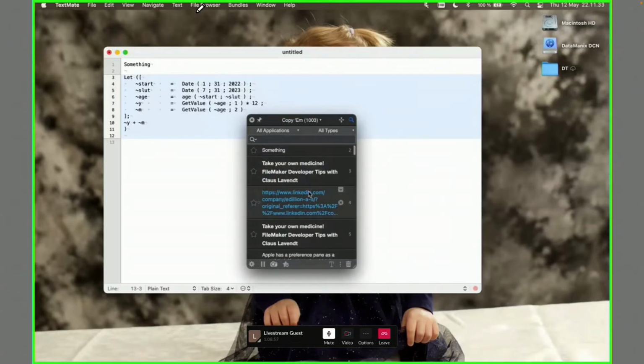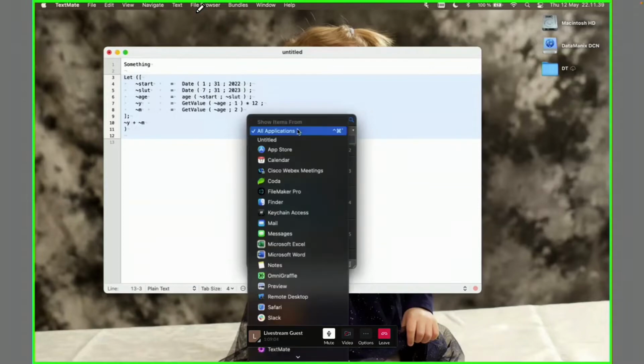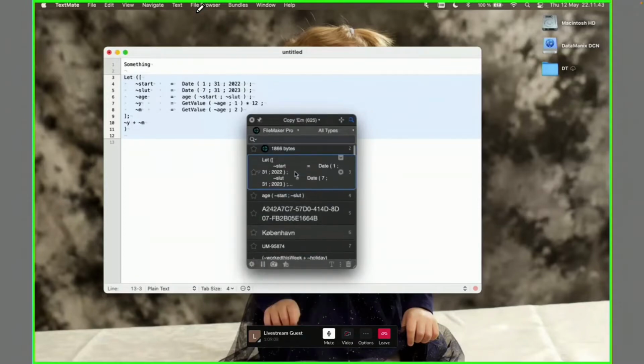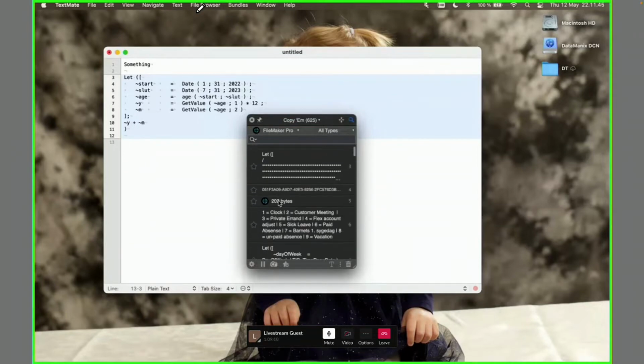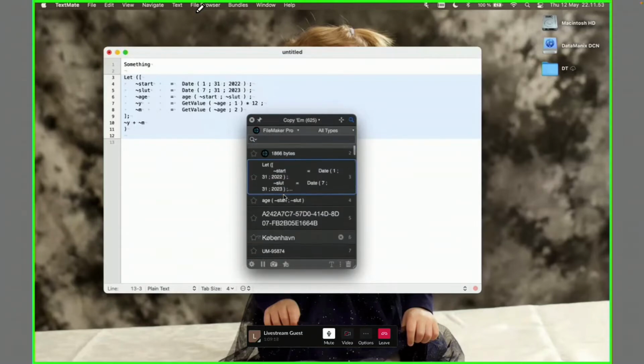It has this pasteboard gallery, you could say, but you can also go in and say, hey, I only want to see FileMaker stuff. So this is stuff I have copied from FileMaker. As you can see, it's not only the objects I have copied from FileMaker, but also actual text or calculations in here,